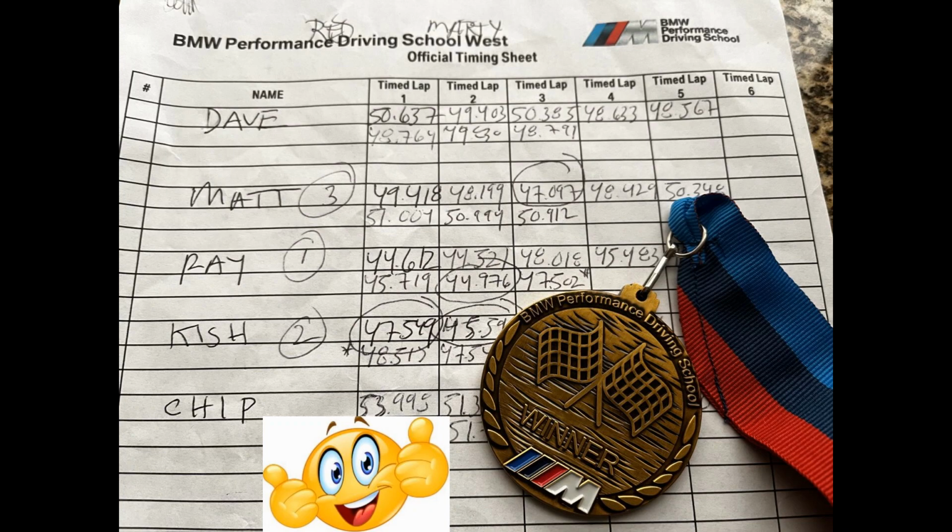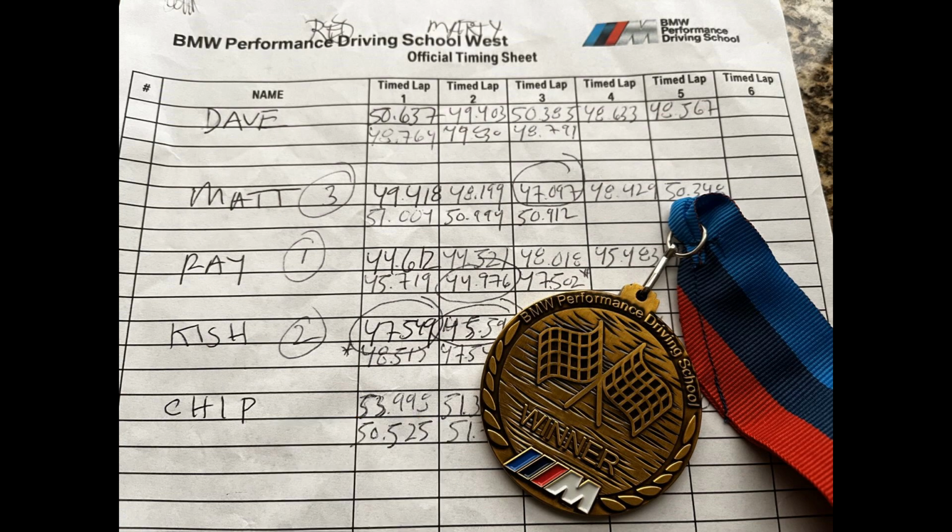We probably did about 8 runs for this autocross timed event, a competition with my other teammates. So the fastest was 44.5, and obviously I took first place and took the gold home, and very, very happy with the result. Looks like I am the only one that was dipping in the 44-second range, and also kind of want to